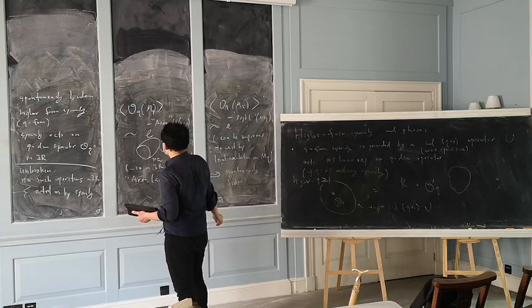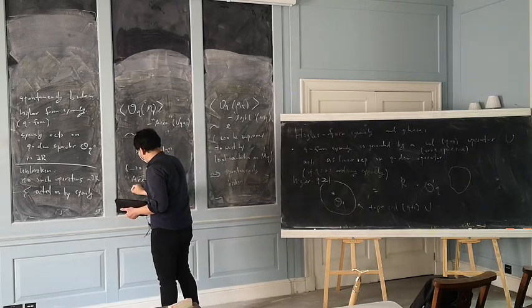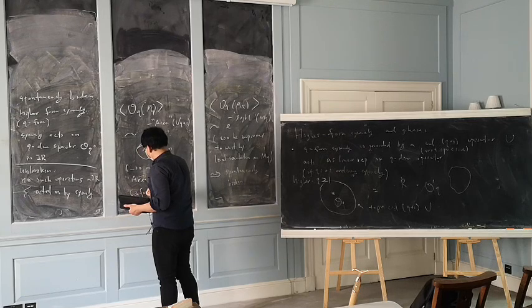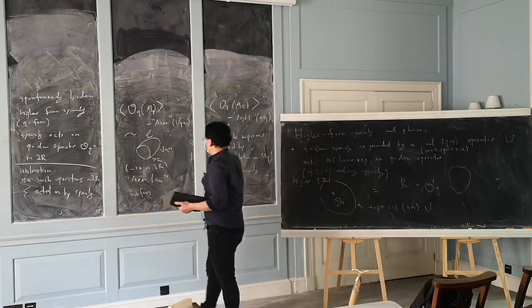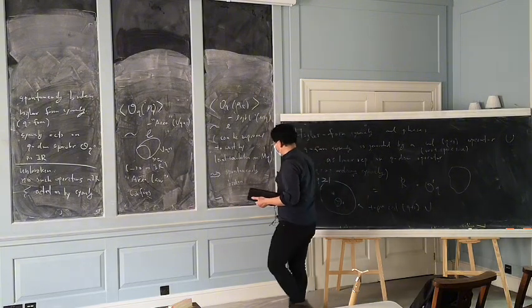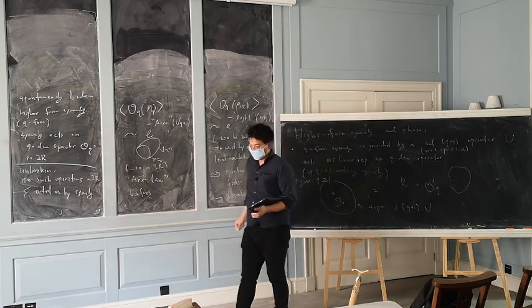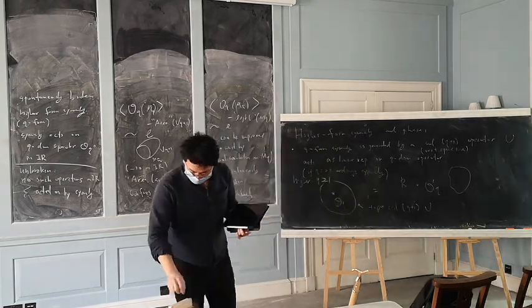If the operator obeys this kind of area law decay, then we can say that it confines. While if the operator obeys this kind of perimeter law, then it is deconfined. Deconfined. Okay. So for example, if Q equals 1,